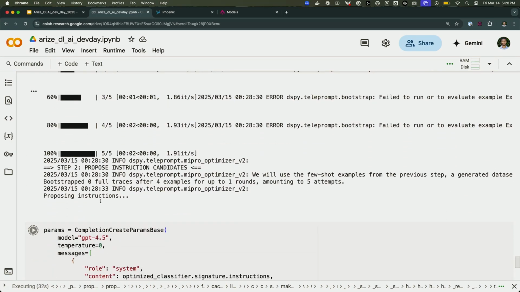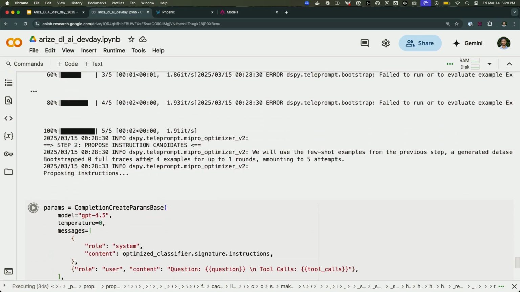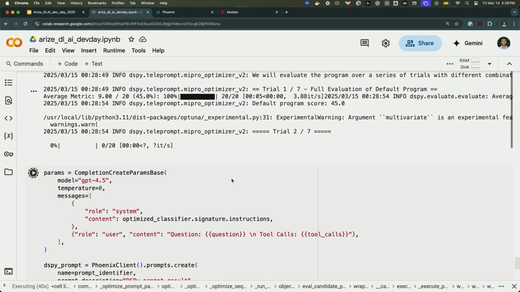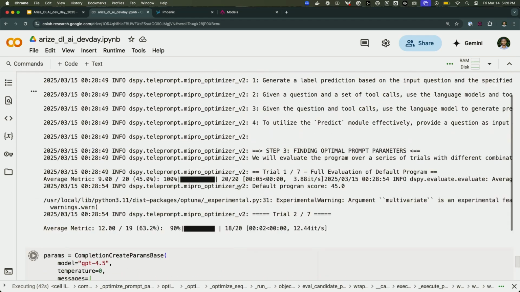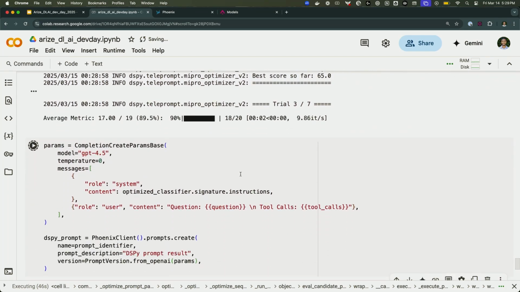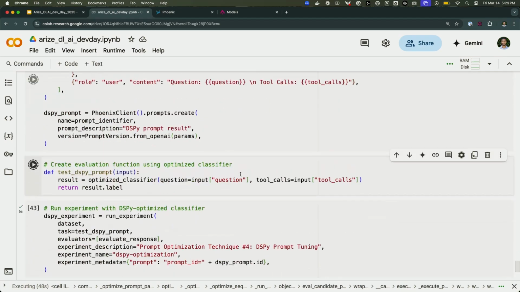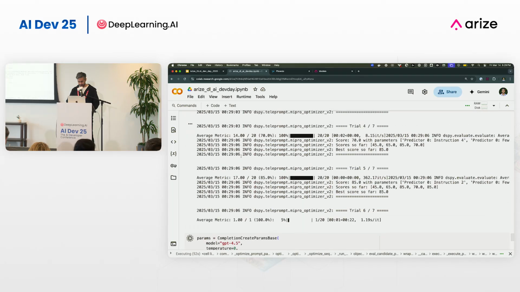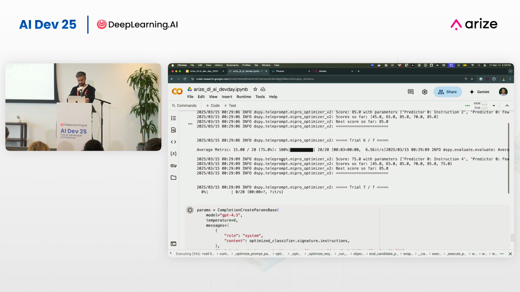Might take a second. We may or may not get to actually run this one. Oh, okay. We might need to come back to DSPy in a little bit because it does take a second. Almost there.